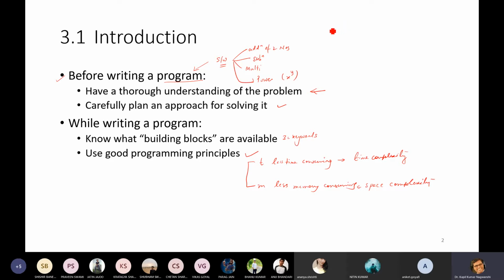We ask the user for x and y such that x to the power y. Now we start with a for loop: for I equals 1, I less than or equal to y, I plus plus.